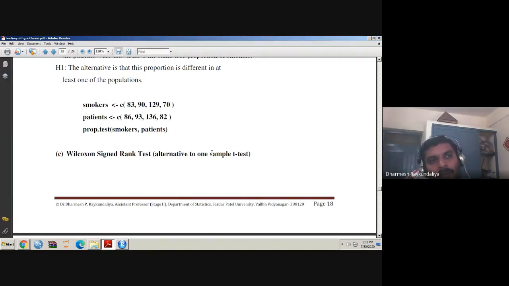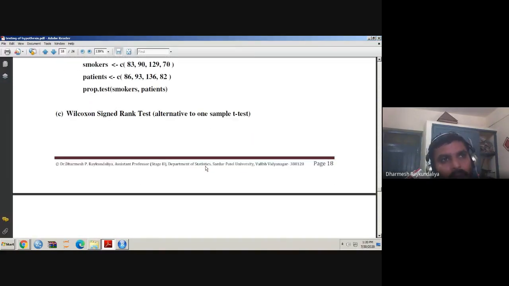As I told you, if you make a mistake in the foundation, you cannot talk about the reliability of the building. In the same fashion, if any assumption is violated, we have to go for the non-parametric test. Non-parametric tests are performed when we do not have information about the distribution of the data, or do not know whether the data is random or not, or if you violate any assumption of the parametric test.